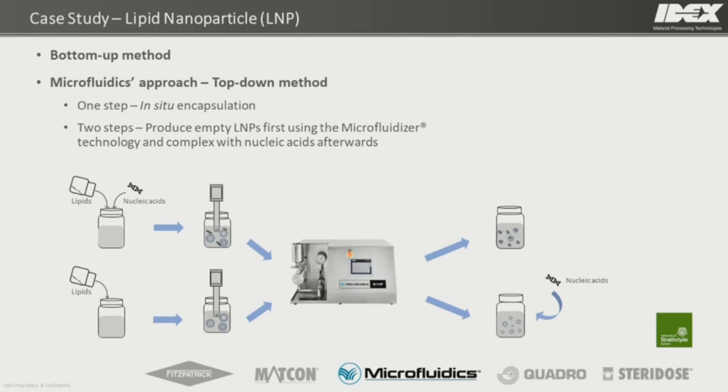And some people will call the particles obtained by this way lipoplexes. Although I think the exact structure of the RNA LNP system is still up for debate, most people believe that if you do in situ encapsulation, most of the nucleic acid will be located inside the nanoparticles. And if you do the two-step approach with the complexation afterwards, most nucleic acid is likely going to be around the surface, which also leads some people to think this may not offer as good protection to the nucleic acid